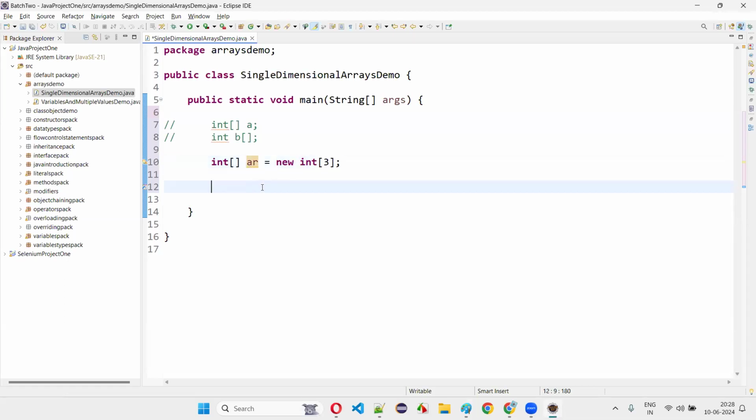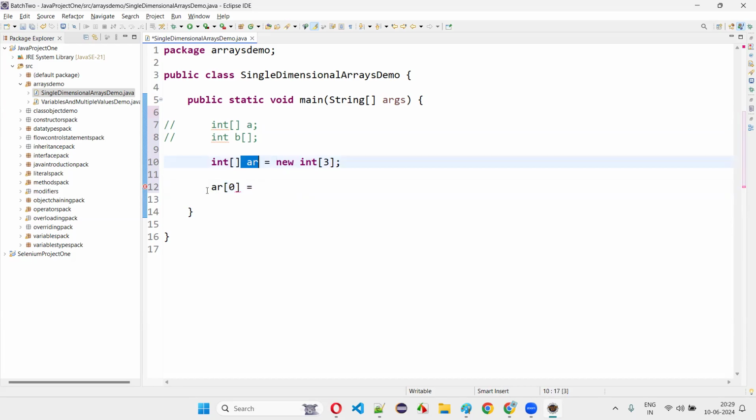Okay, if I want to store the first element, I have to give the name of the array, that is AR, followed by the square brackets. In the square brackets, I have to provide the index. The first element index will be what? Tell me. The first element index will be 0. I have to give AR of 0. Everyone type in the chat box. Name of the array of 0 is the first element, is equal to